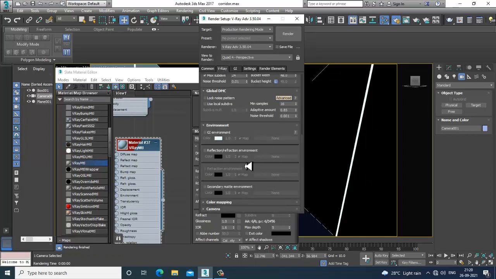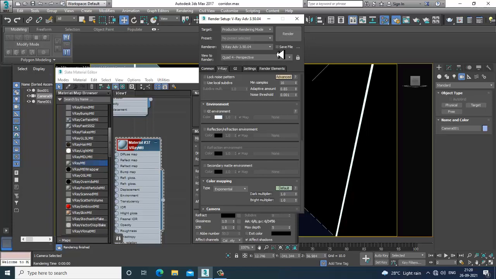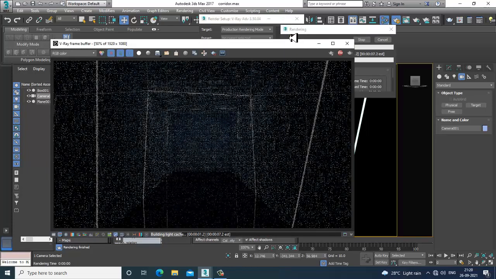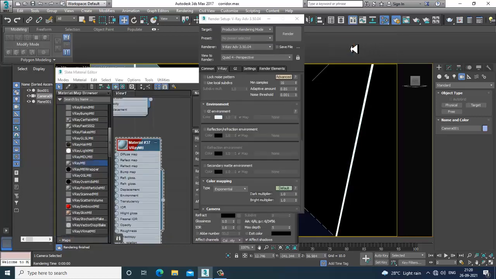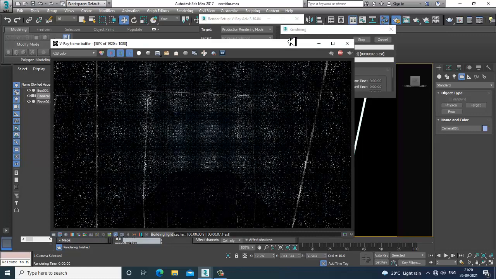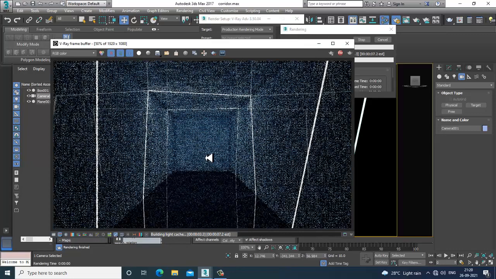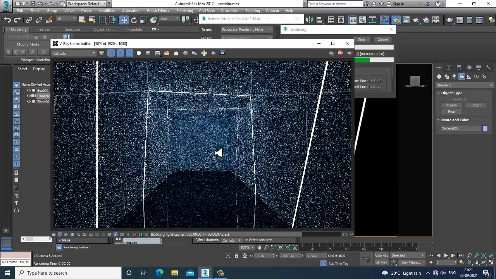Color mapping, set it to exponential. So it's going to take time. There's no use of GI because it's totally closed, so no light emerges from the environment because it's not open from anywhere.